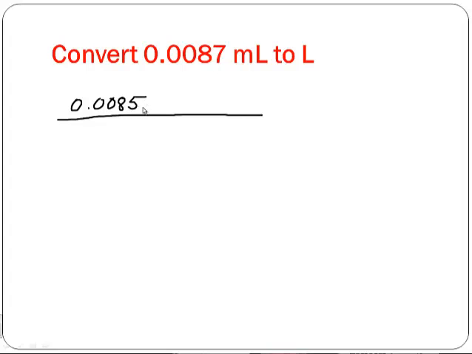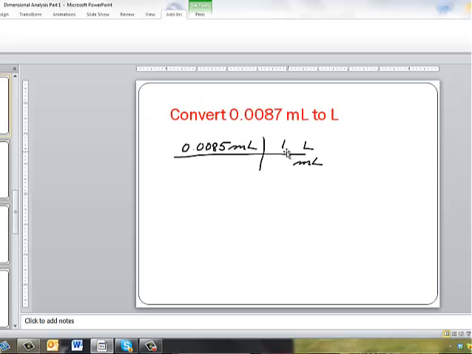0.0085 milliliters. And I want to draw my railroad tracks. I want to go to liters, and I want milliliters to cancel out because that's what I do not want. All right, 1 liter is equivalent to 1,000 milliliters. So I'm going to do 1,000 this time, equal to 1,000 milliliters. And it's going to be equivalent to, milliliters will cancel out for me, and I'm going to end up